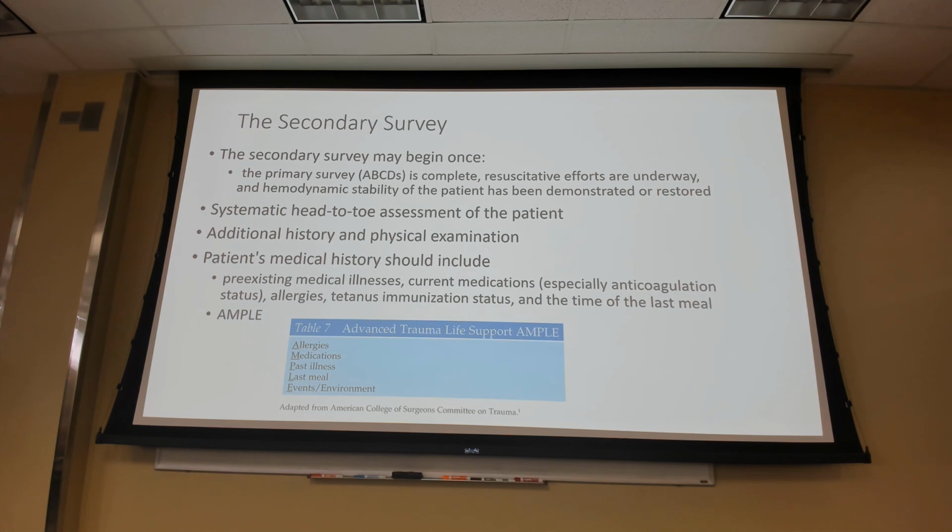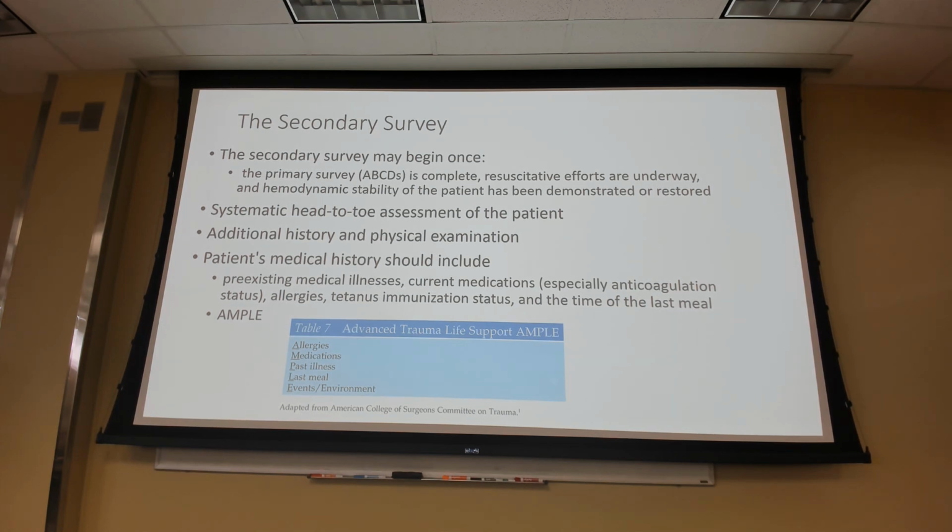The secondary survey starts once we have completed the primary survey and they've demonstrated hemodynamic stability, or they might not be hemodynamically stable, but they're demonstrating a response to whatever resuscitation we're doing, whether that's blood products, which usually is what it is in a trauma patient. That basically says we don't need to take them straight to the OR right now. So we can move into our secondary survey, where we're going to do a complete head-to-toe exam on these patients,